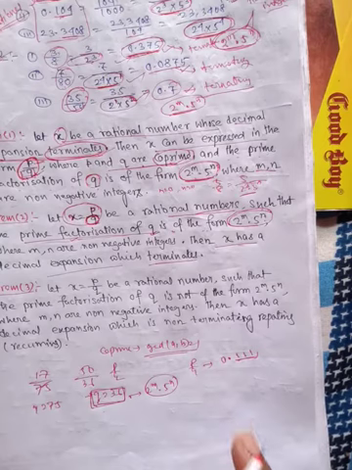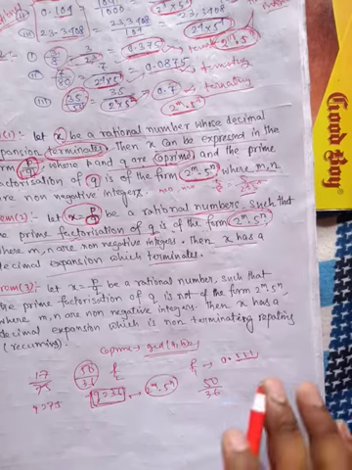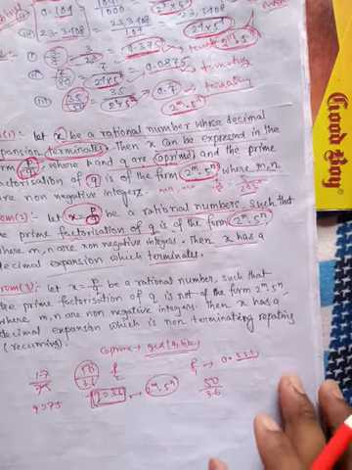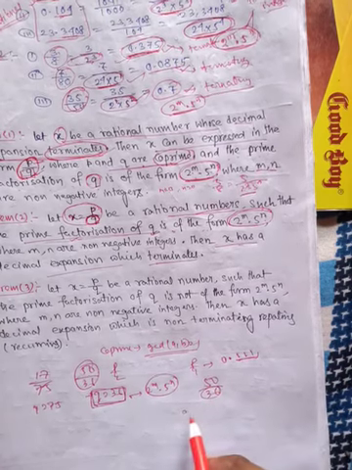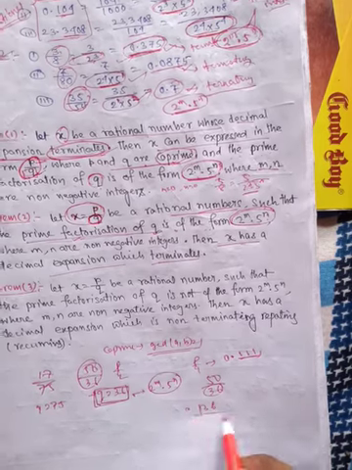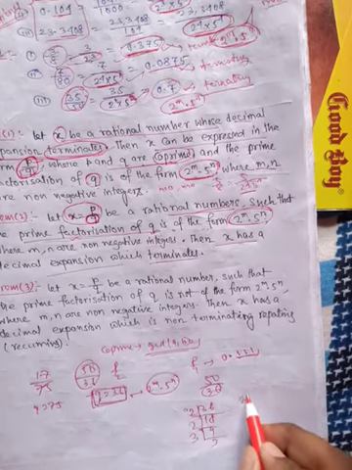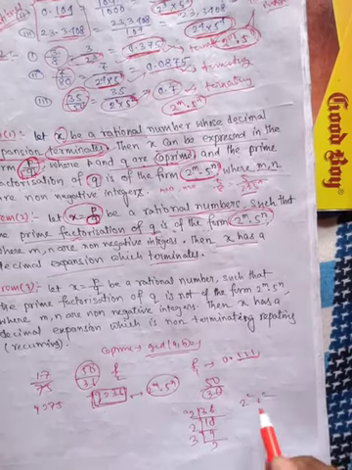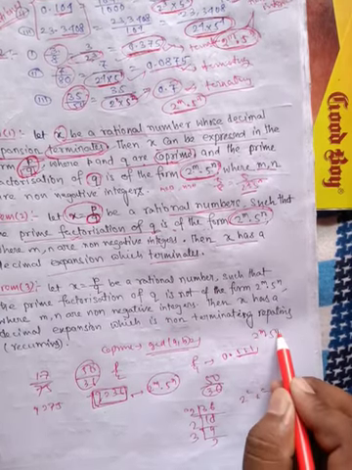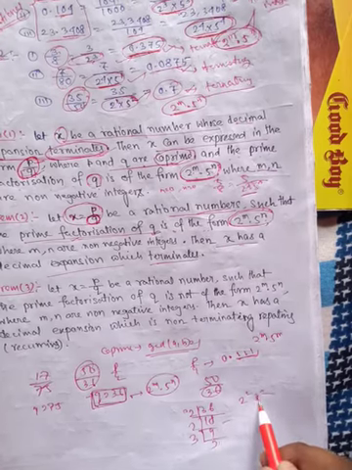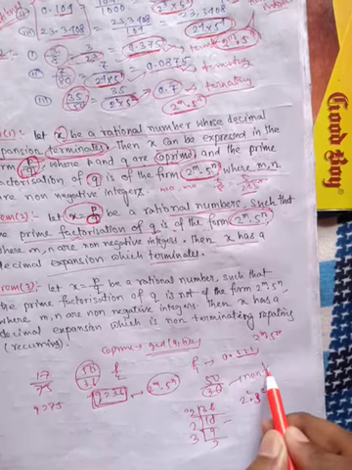Suppose you are given 50 by 36. You have to say whether it is a terminating decimal, non-terminating repeating, or non-terminating non-repeating. What we will do is first take the denominator, 36, and find the prime factors: 18, 2, 9, 3, 3. So it is of the form 2 squared into 3 squared. But what did we say here? If it is of the form 2 to the power m into 5 to the power n, then it is terminating. Here 3 squared is another prime factor, so it is non-terminating.